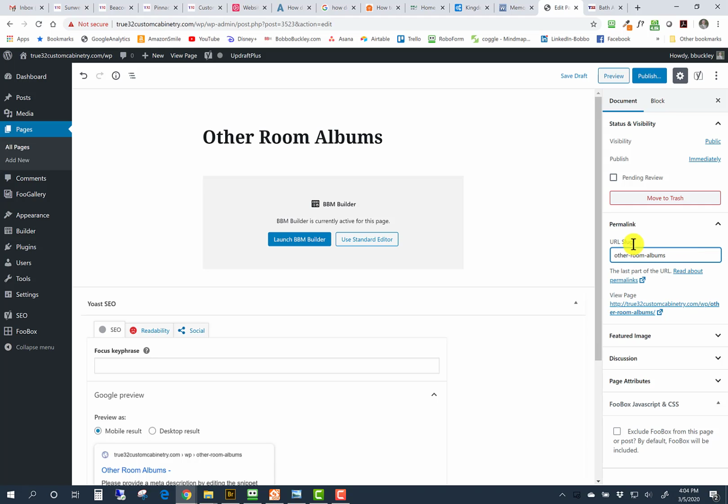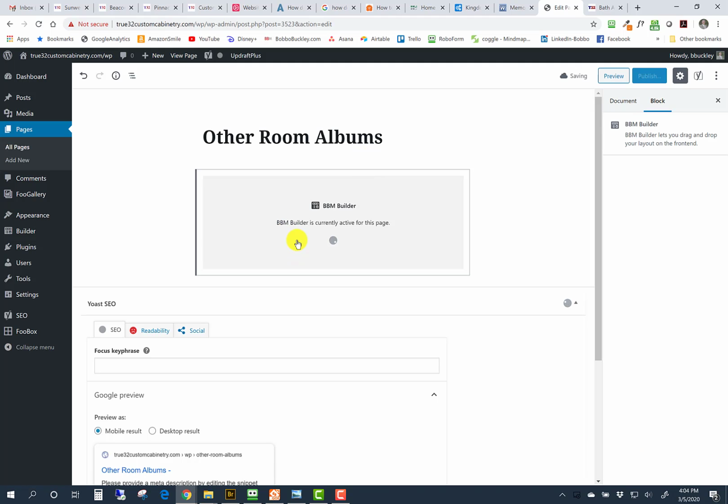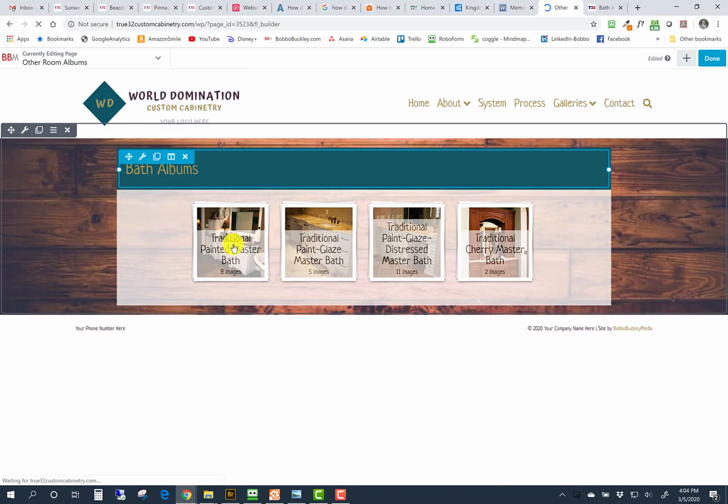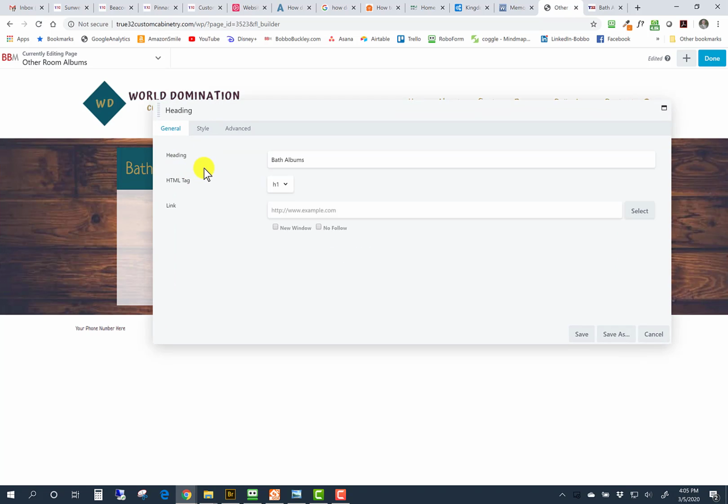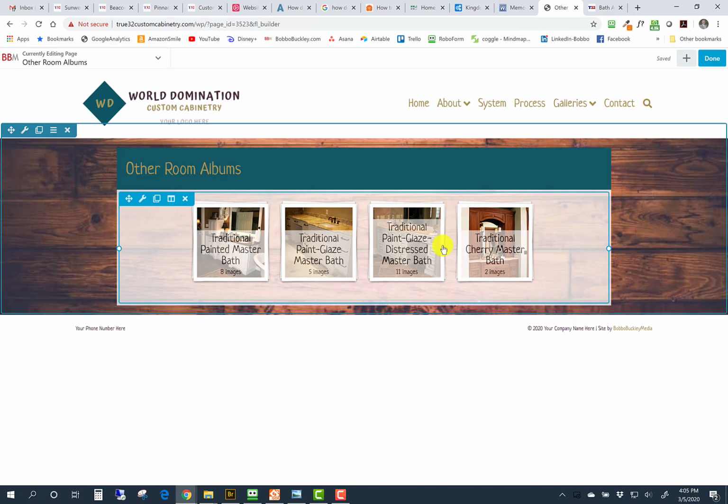So that's really all we have to do for this, is change this and change this, and then we're ready to launch our BBM builder. So launch that, and of course because we duplicated the bath page, it still says baths page. So we're going to come in here, we're going to say I want this to be Other Room Albums, and then we don't want to change any of these other things. We just want to save that,